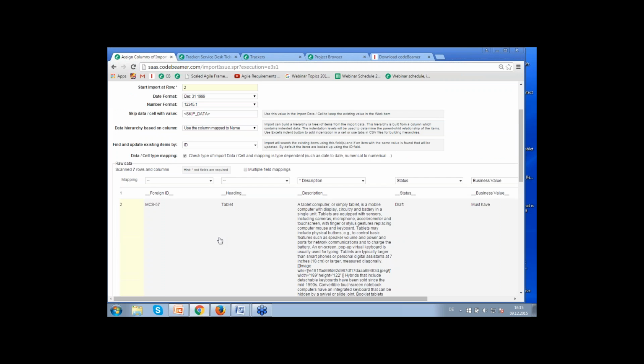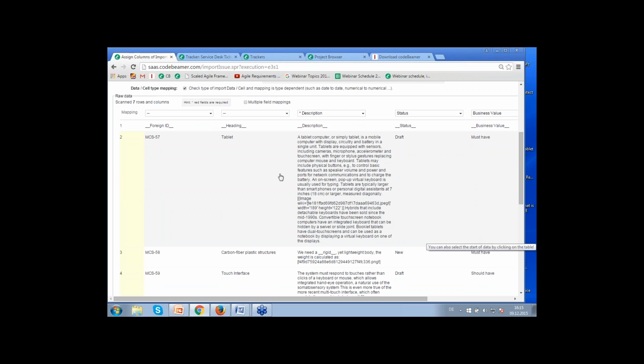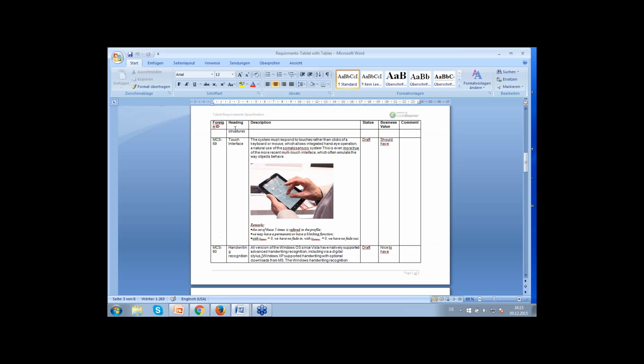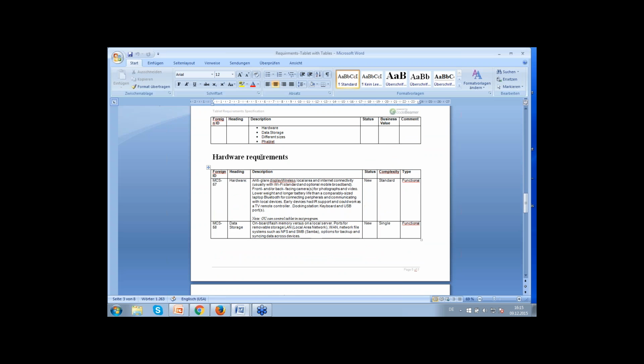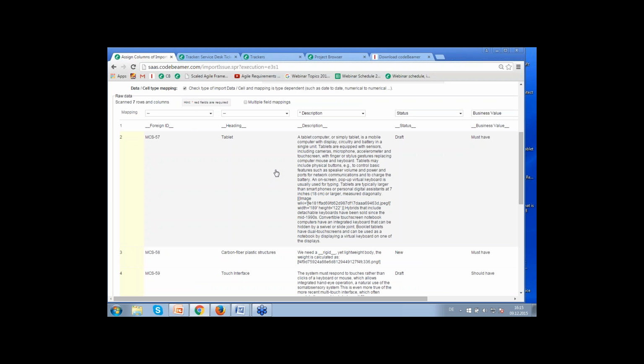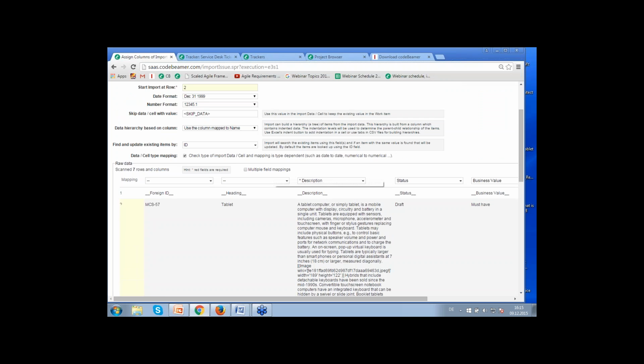So you will see all the columns, a preview of your requirements down there. And now you can pretty much decide how to import the specific columns which have been defined in the Word document, and how this should be mapped into the codeBeamer system. So for example, in this example, we have heading, description, status, business value, and let's say we have another requirement with different fields as well. So for example, here complexity. And now codeBeamer is able to, you can decide from which